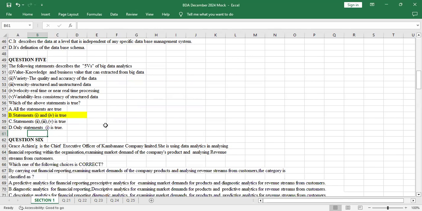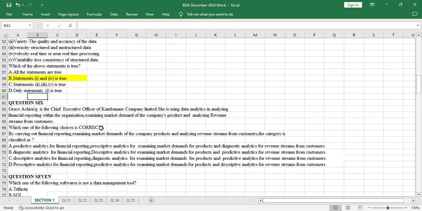So I'll read the question. Grace Achieng is the Chief Executive Officer of Kambanane Company Limited. She's using data analytics in analyzing financial reporting within the organization, examining market demand of the company's product, and analyzing revenue streams from customers. Which one of the following choices is correct? By carrying out financial reporting, examining market demands of the company's products, and analyzing revenue streams from customers, the category is classified as, so we are going to check,